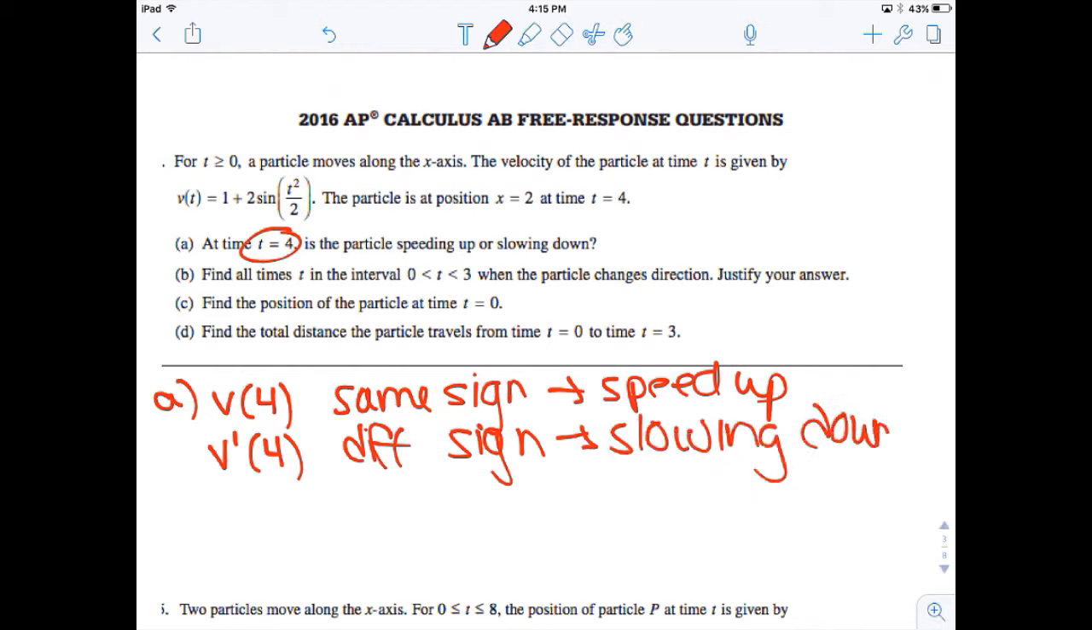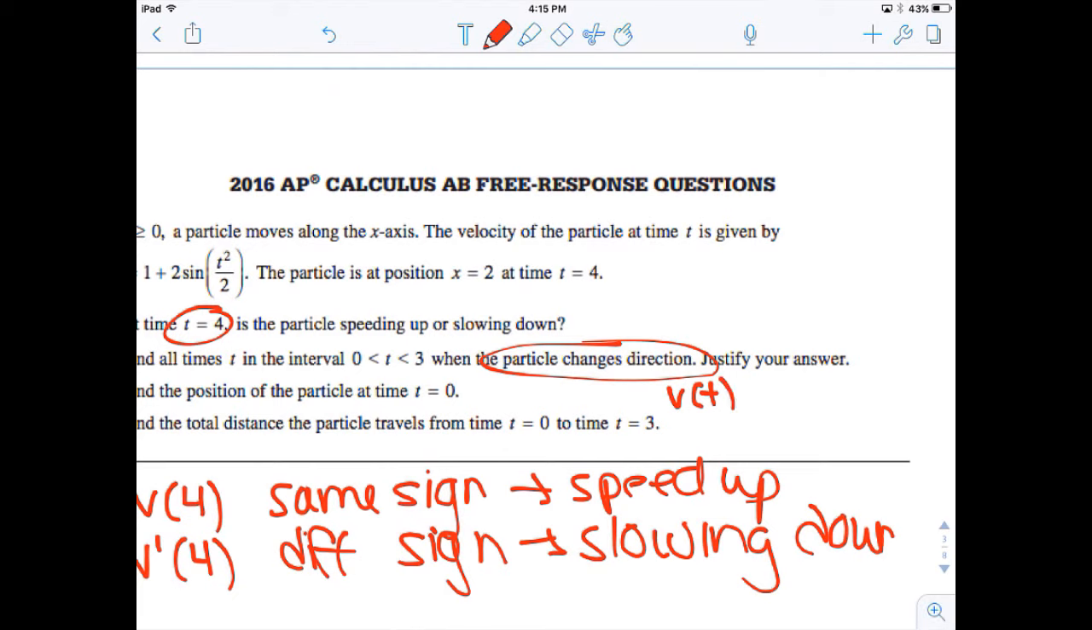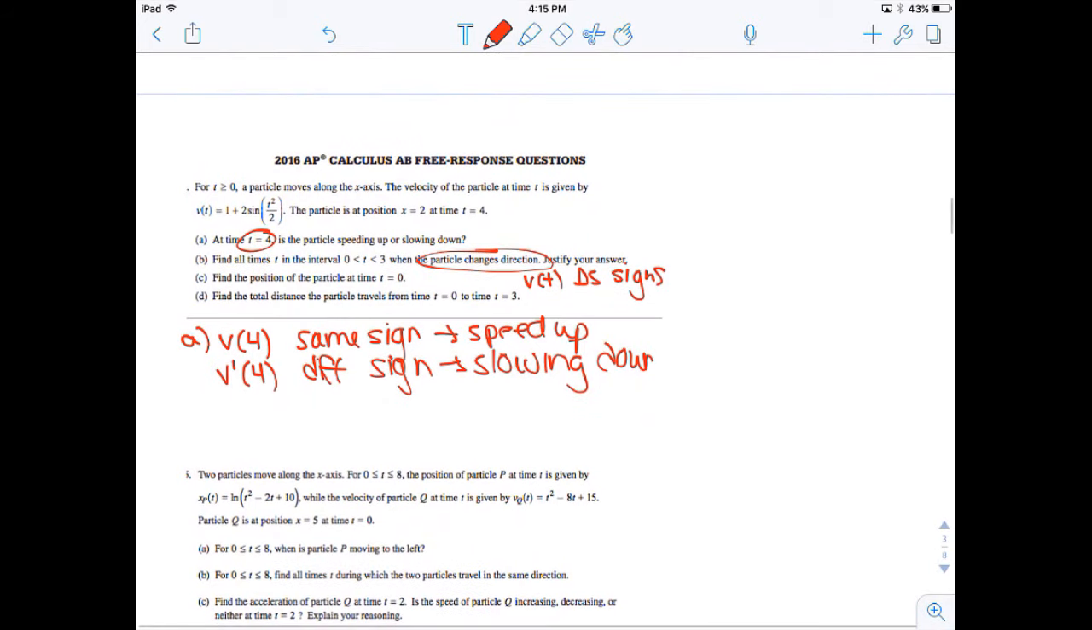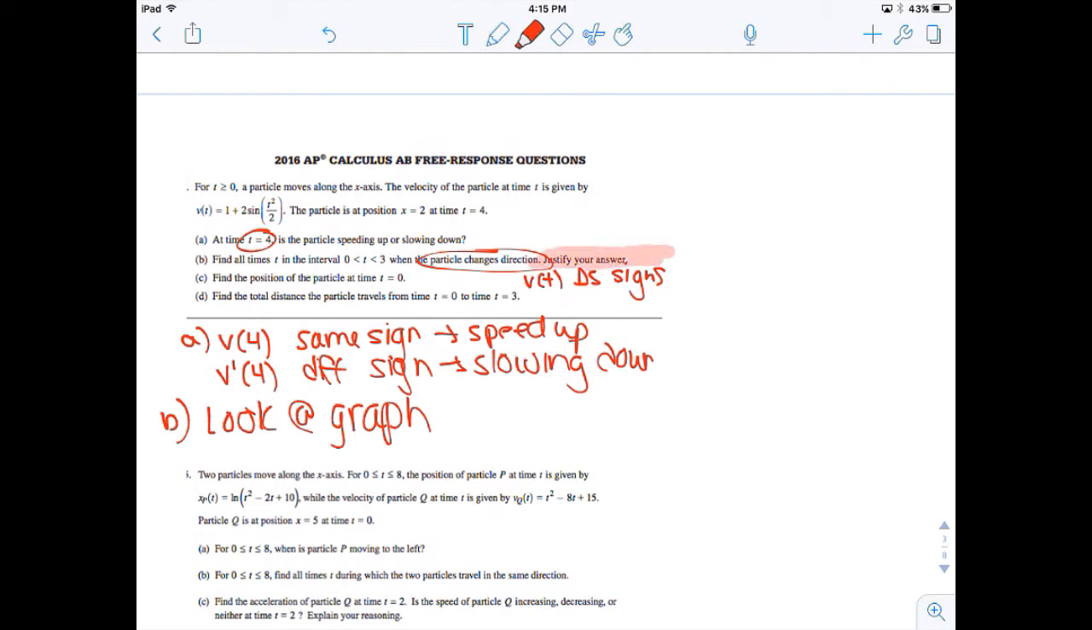For the next one, find all times where the particle changes direction. So particles will change direction whenever v of t changes signs. Now this was calculator active, so all I would do for B is look at the graph and see where it changes signs. Sometimes that will take you some time to play around with your zoom. Just be patient, zoom in, zoom out, use your second calc, whatever. Make sure everything goes to 3 decimal places. And if it says justify your answers, that doesn't mean necessarily that you need to do a ton of crazy work, but show me the equation and then tell me that that's where it changes signs, right? Okay,